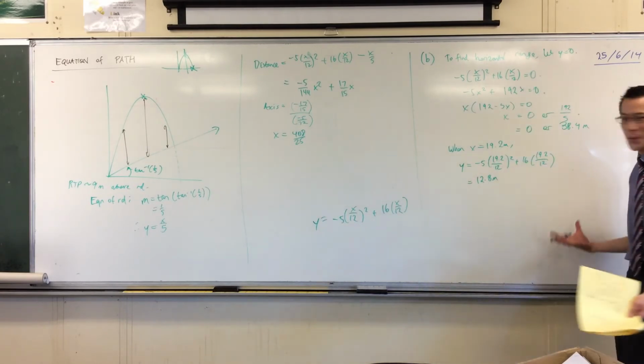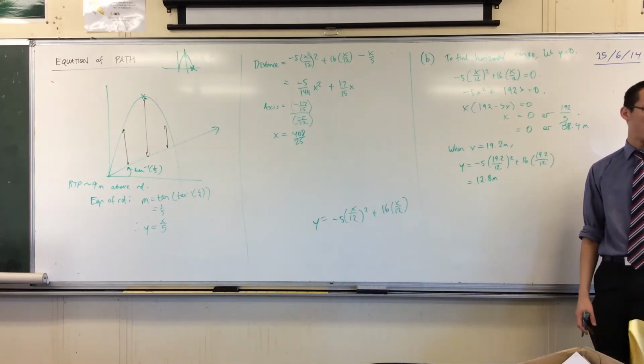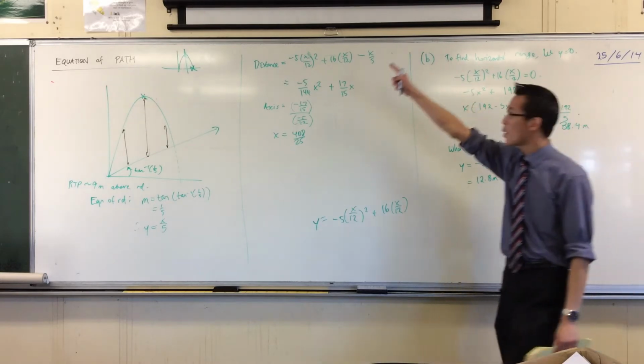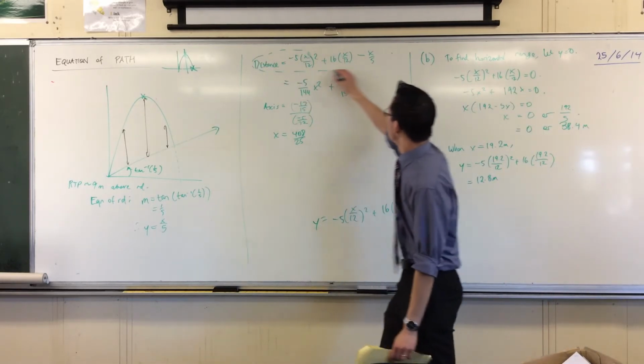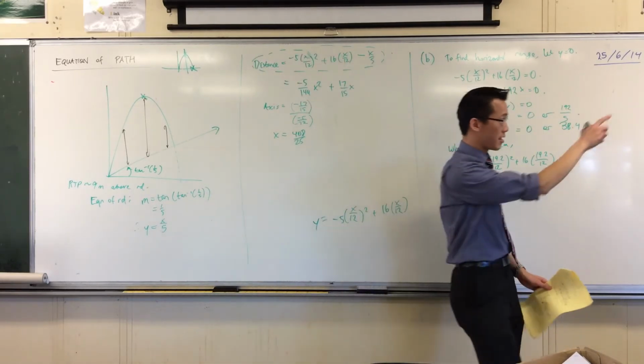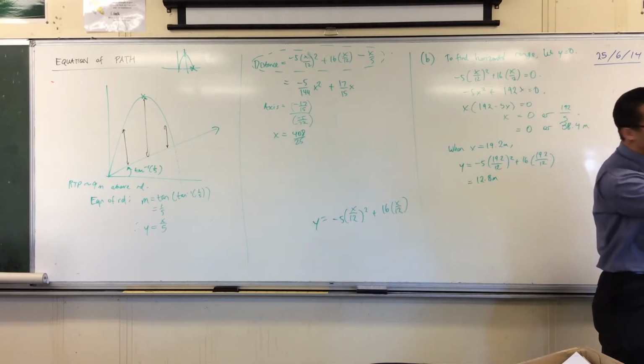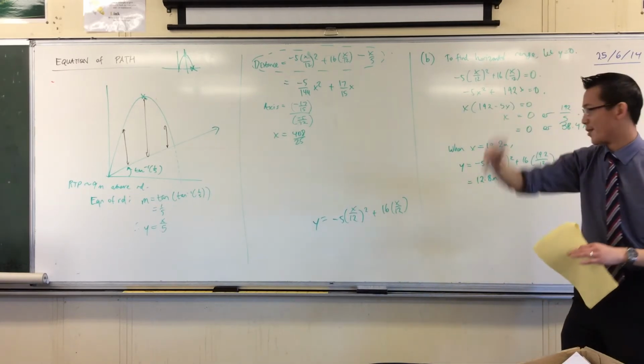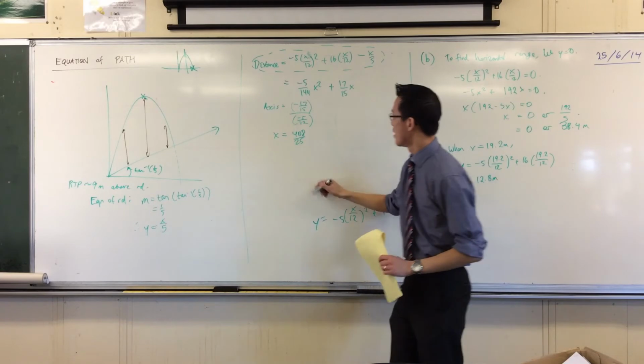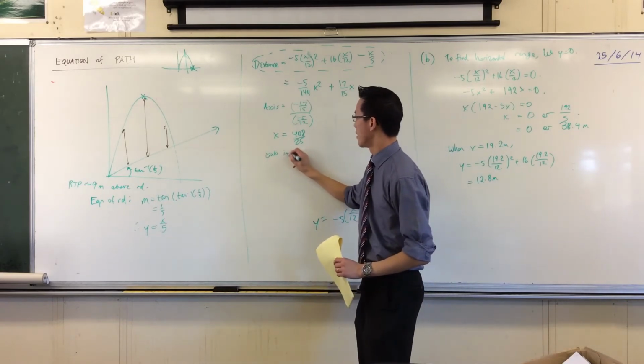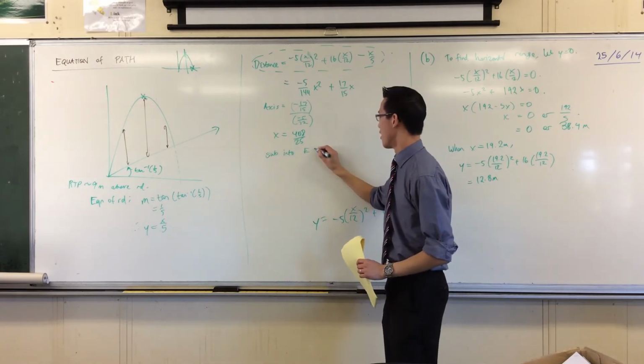I have like 100 equations that I could choose from. Which one? Just one up the top, isn't it? This will give me the actual distance. It's 9 meters above the road is what I'm looking for. Above the road, okay? So you take this and you sub into the equation of